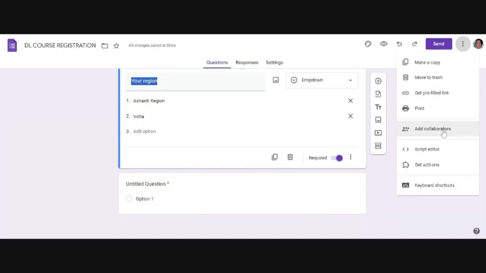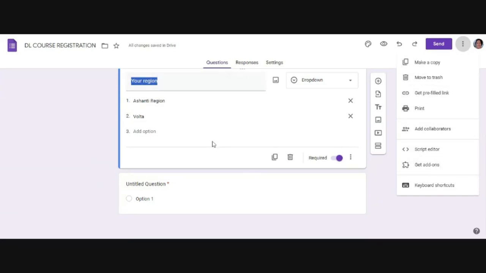Also, you can add people so that you can collaborate. So right now I can add say James so that we can collaborate. And once I add you, you can change whatever I have done. We can both edit it. In my absence, you can do whatever is required to be done. Let's say you need to share the form with participants or edit something with it, but Hemat is not reachable. So the next person in question is the one that I have shared the form with to collaborate. That person can do whatever I, the person who created the form, can do. So that is how it works.